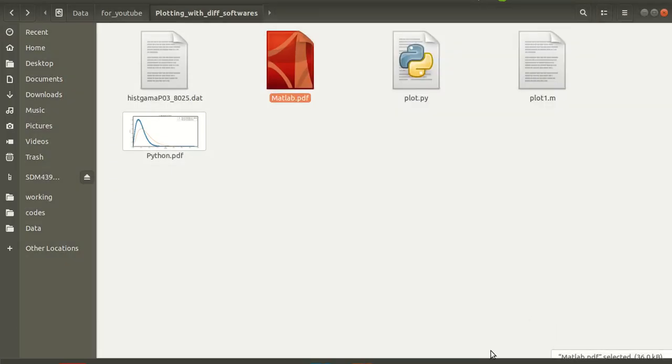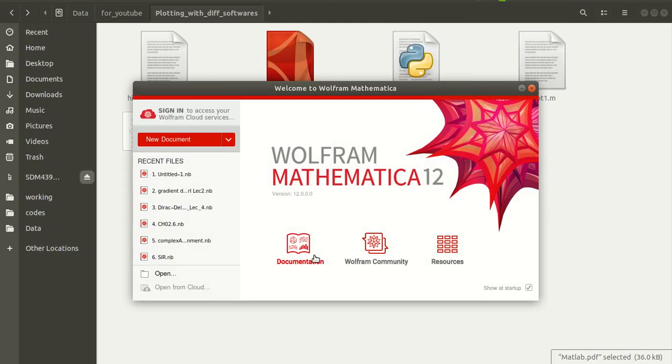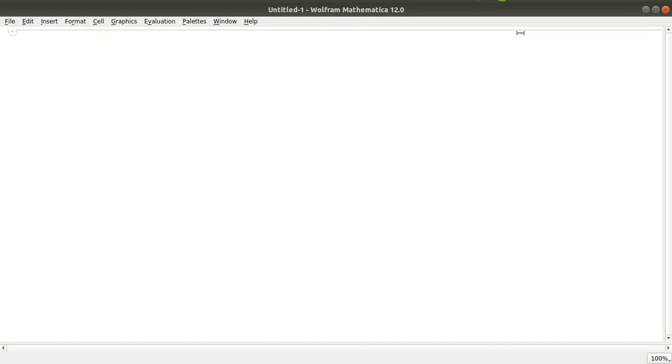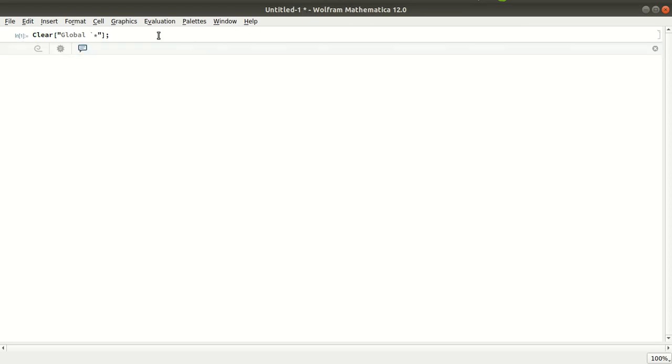So now let's cut it, and now let's go to Mathematica. In Mathematica it is quite similar to MATLAB, but it's a symbolic language, so it will be easier. Let's open a new document here. First, you have to clear all the variables that you have earlier defined, for which you use the ClearAll command, then star, then close. Okay, now everything is clear and we are neat and clean.